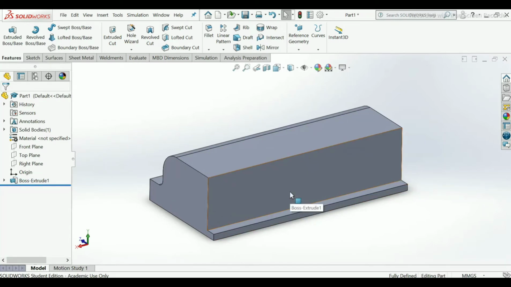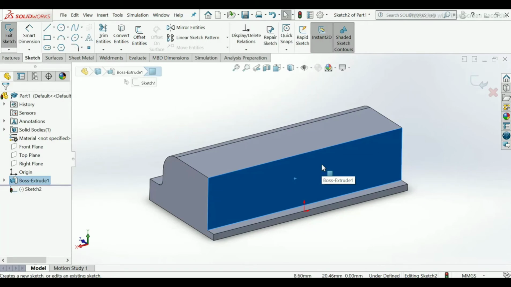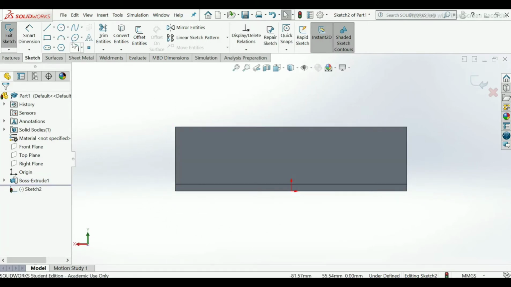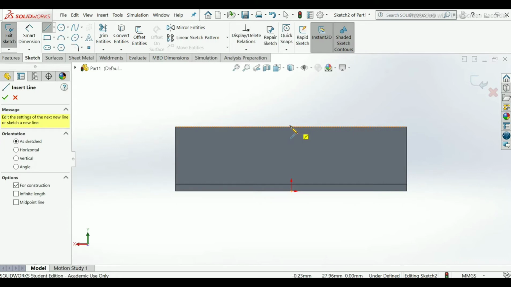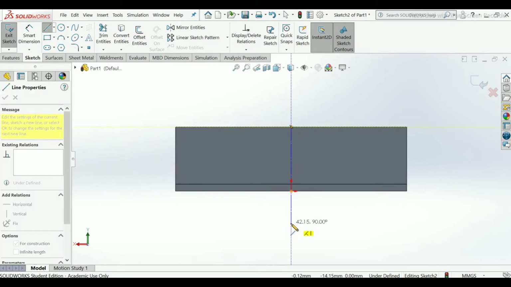Now select this plane, the front plane of the model. Left click, sketch, press Ctrl 8. Take center line from the sketch command manager. Draw one center line from the point that I had started.